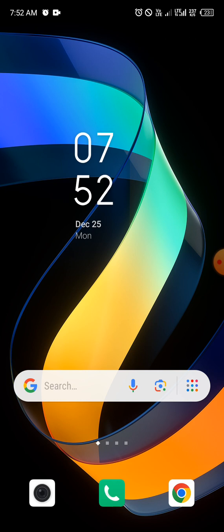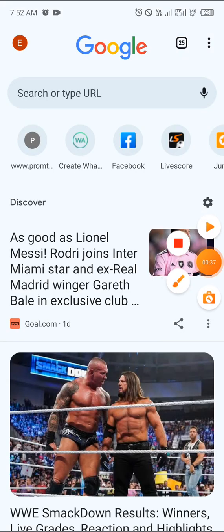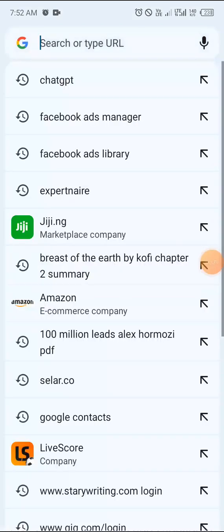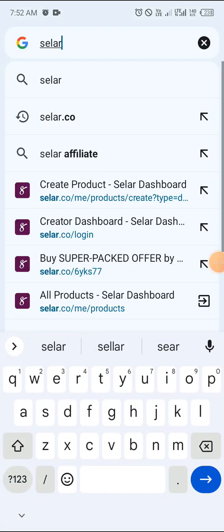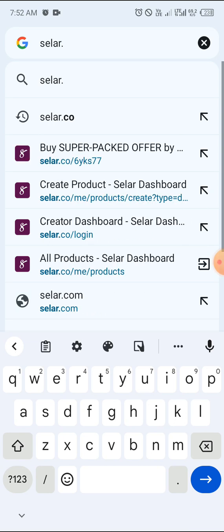First of all, you have to have Google Chrome on your device. I know all of us have that. So go to your Google Chrome and click on seller.co. So when you go there,